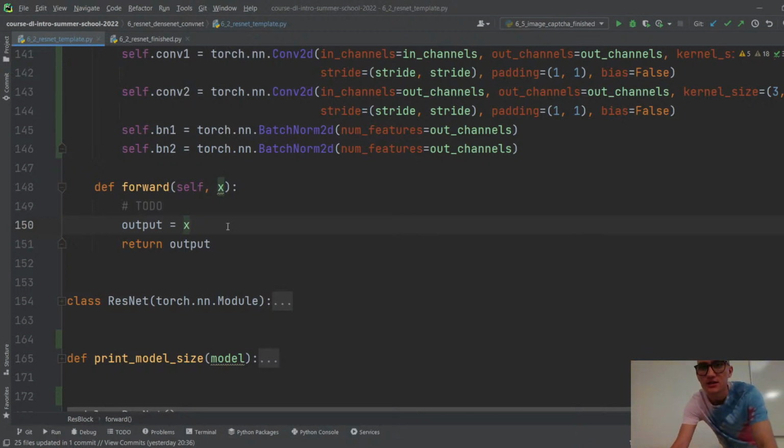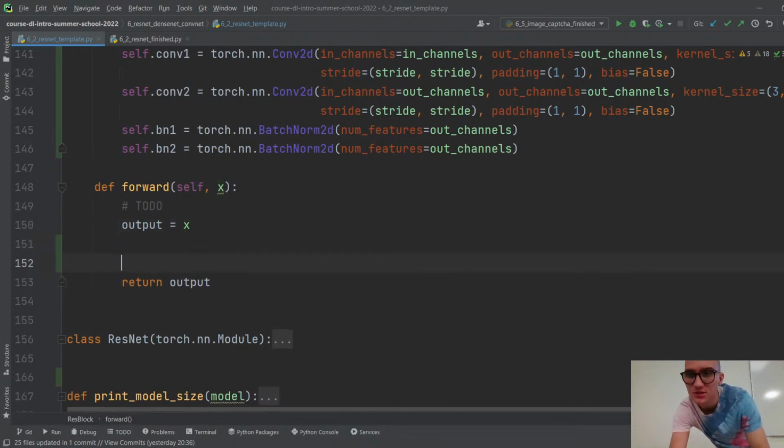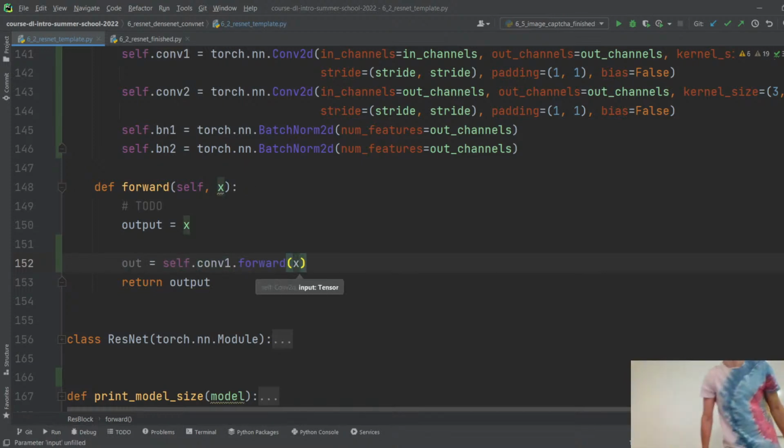Right. Like first one is convolution. So self.conv1, so output x, out to be equals self.conv1.forward(x), first block, for example, this one. Then you need to add ReLU. Then you need